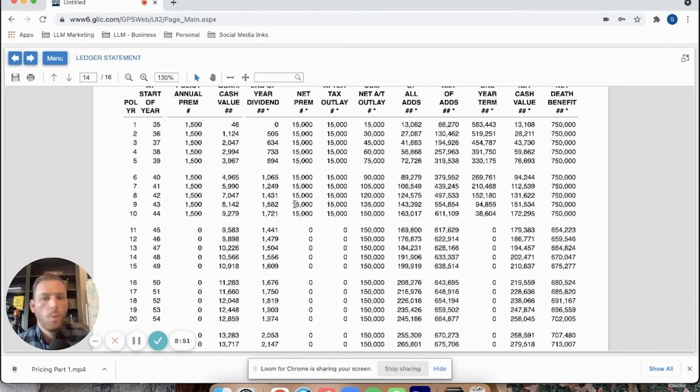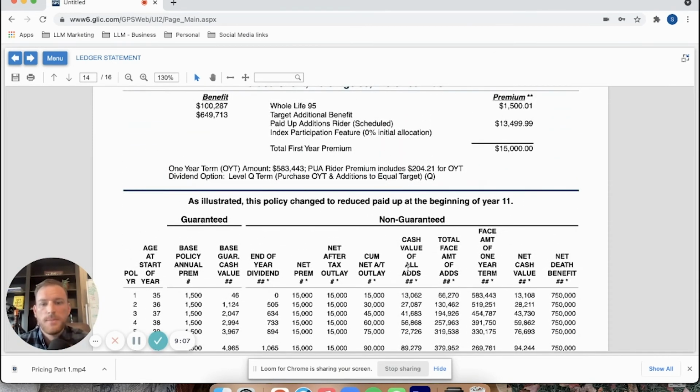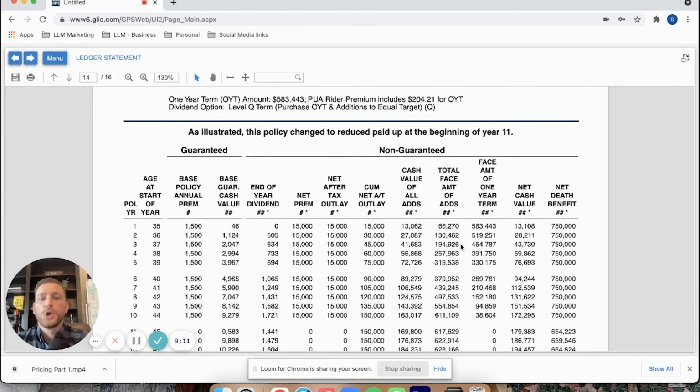So maybe we wanted to work, and that's when we wanted to retire at age 45. Or maybe in your case, you only have 5 years until retirement, and you want to reverse engineer that. Or maybe you want to fund this for 20 years, right? Depending on how long you're wanting to fund it, this is where our team would come in and tweak the numbers to make it work. But in terms of the cost, I just want everybody to be aware, you're going to see a negative return in those first couple of years.